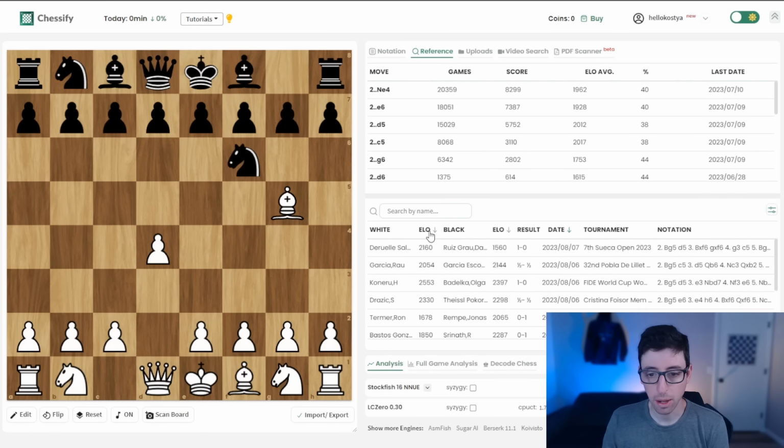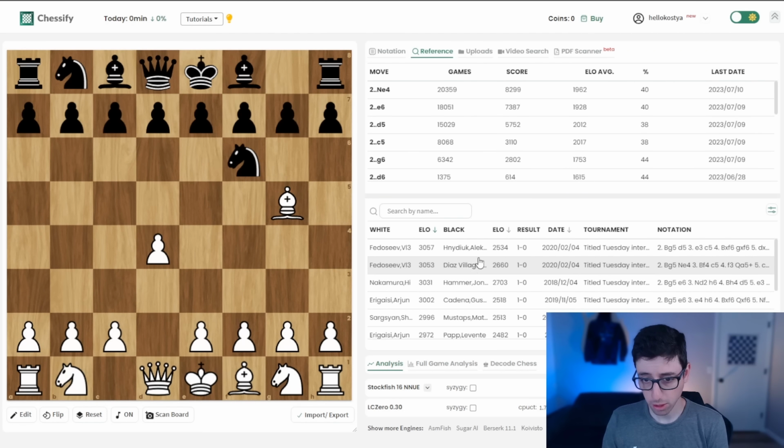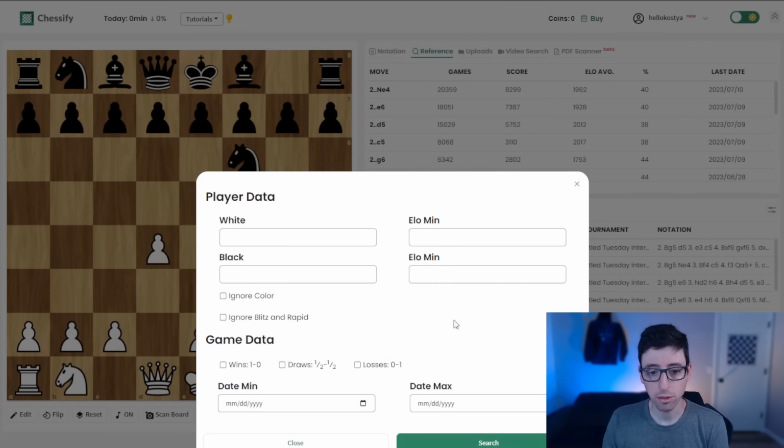You can filter by ELO rating to just see the highest rated players that have played this position. One very useful feature is to click over here. This is the filter button, and this allows you to filter through the games if you want games from a specific date or with a specific result or with a specific player or with a specific player playing a specific color. Let's say you only want to see Carlsen's games with white in a certain opening,